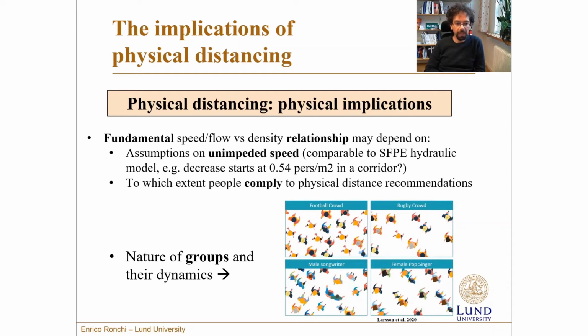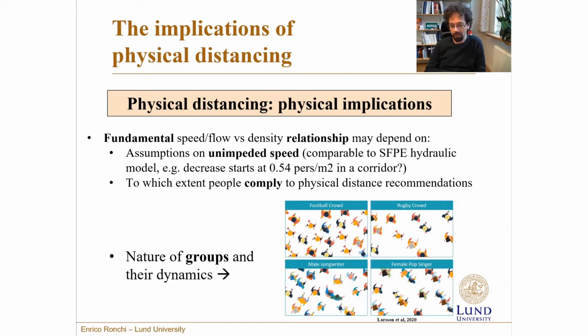And this also has implications on all sorts of assumptions that we make, for instance, of the maximum density that we can assume, the global density we can assume in a space. So not just looking at the local density, but the global density will also depend on the size of those groups. And when it comes to the fundamental relationship between speed, flow, and density, basically we don't really have